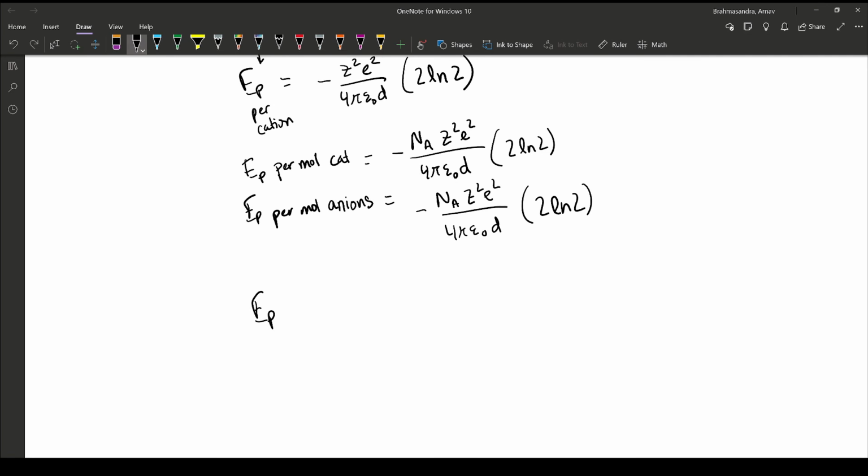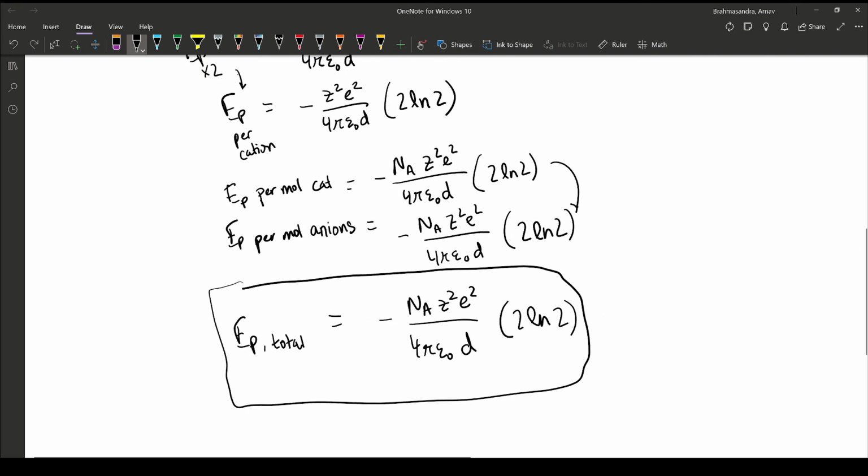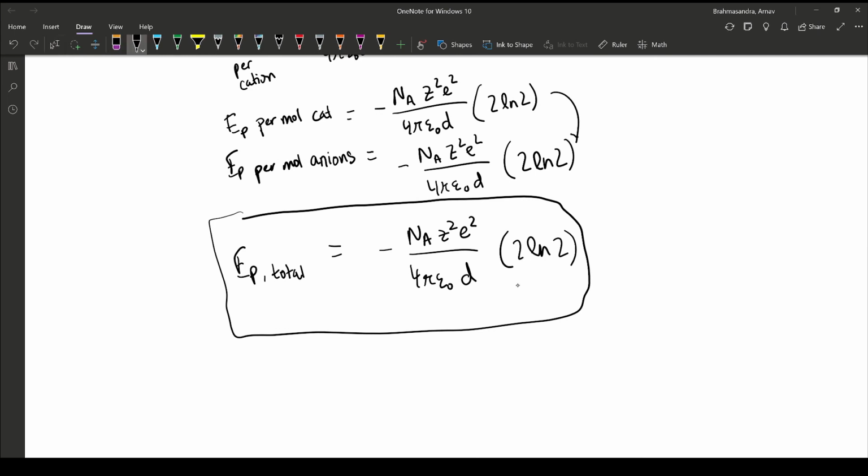When we want our total potential energy, so I'll just call it total, we add these two and divide by 2, and if we add these two and divide by 2, we just get negative Na z squared e squared over 4 pi epsilon naught d times 2 log 2. Because when you add these two, you get 4 log 2, and then you divide by 2, you get 2 log 2 again, right? So this is our total final answer for our total potential energy. And, right, what is our A value for this system? Our A value for the system, if we remember our previous equation, our A value is this constant that's sort of out front from this main sort of equation, right? Our proportionality constant, basically. So our A value for this one-dimensional infinite lattice